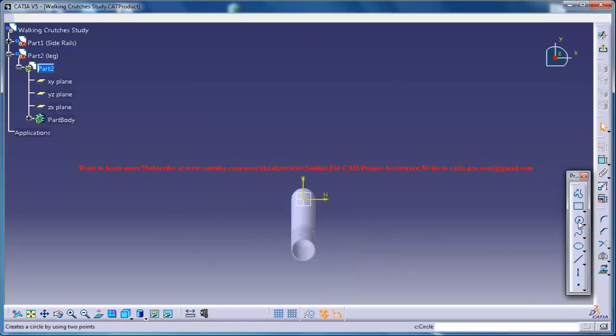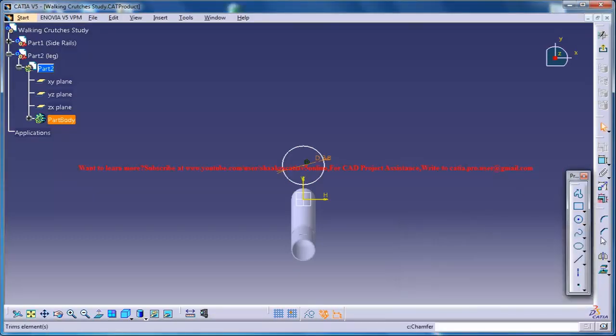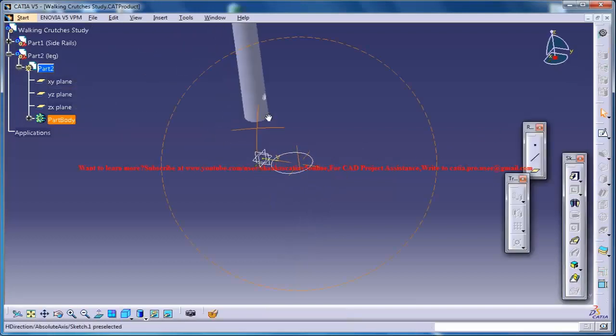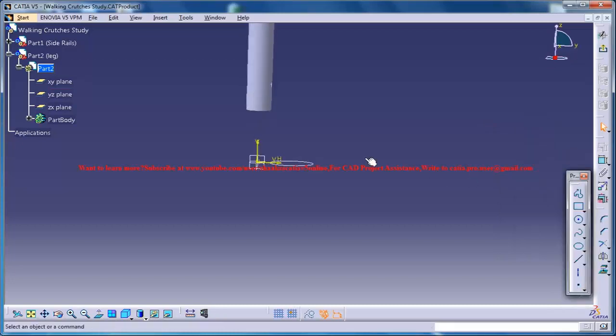and create a circle at this axis and at a diameter of almost 3.8. Again, this dimension is based on the observation, tangency. Come out of the sketch, and now what you could do is just select this plane right here, YZ,